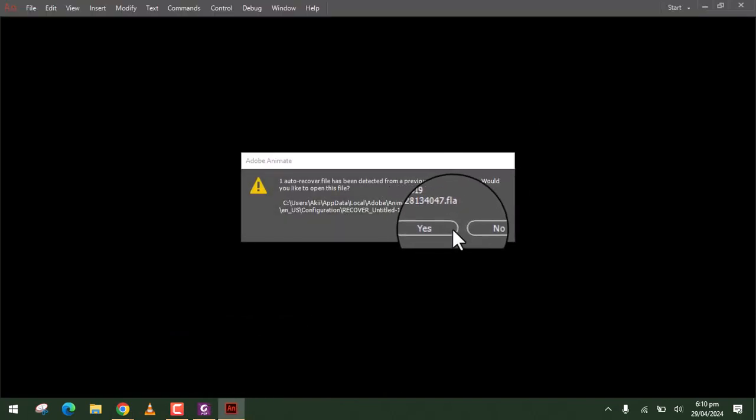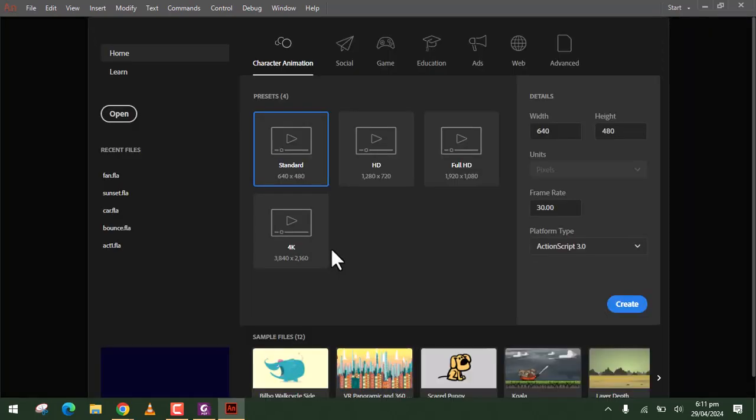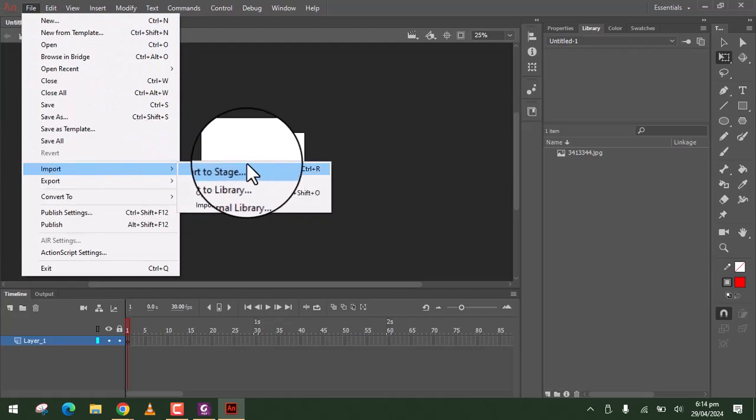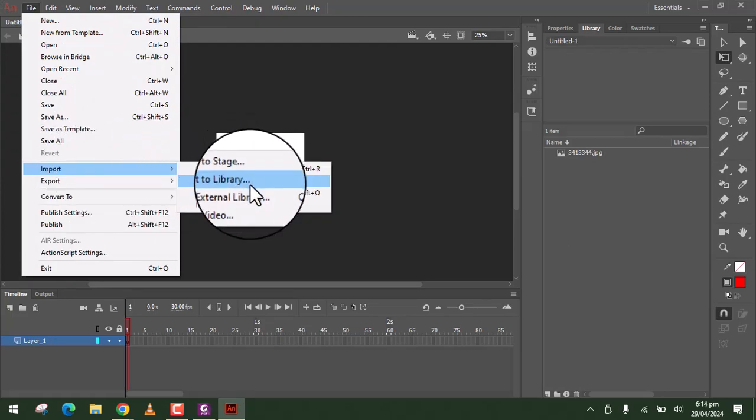So let's wait for our Adobe. Okay, so let's open the standard, create. Okay, so after we've opened our Adobe Animate, let's import our vector background. So we have stage and library.